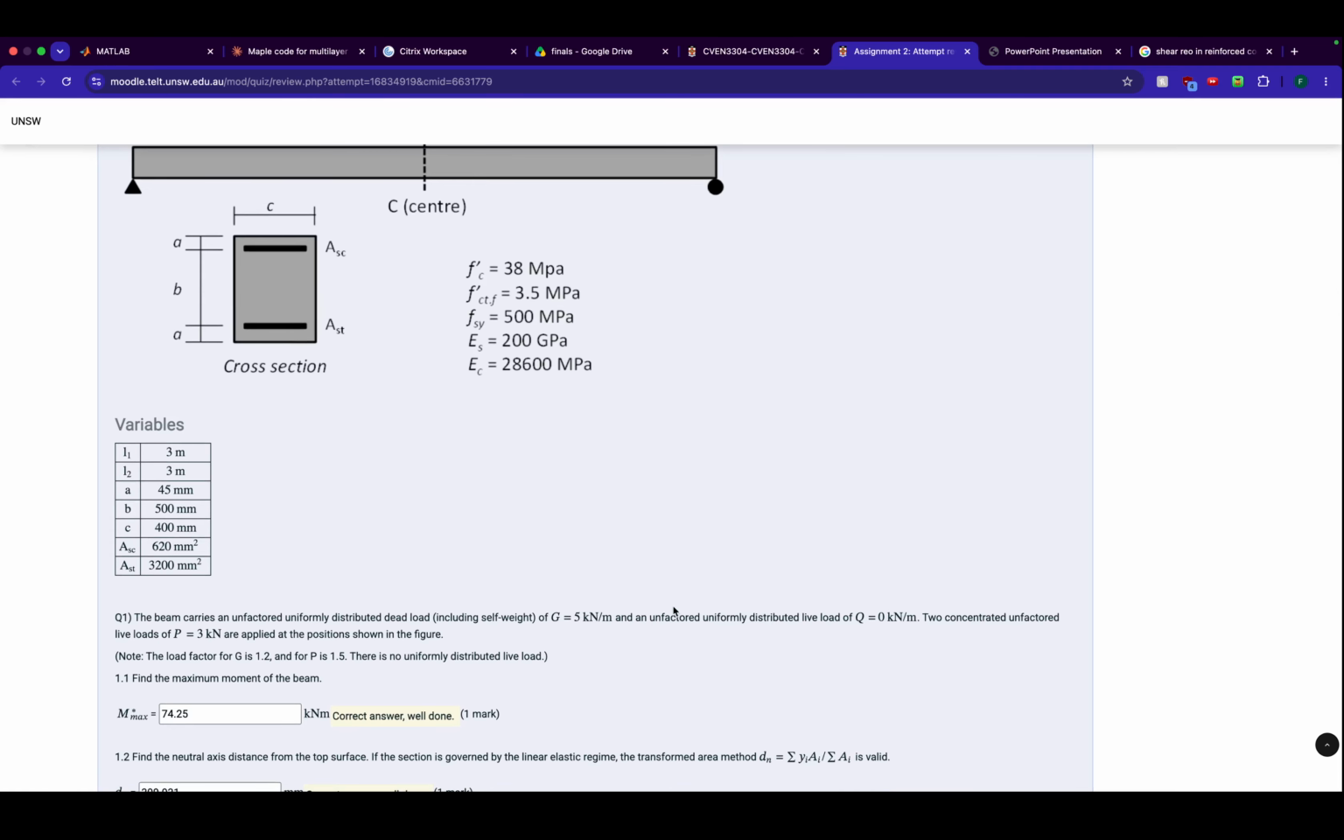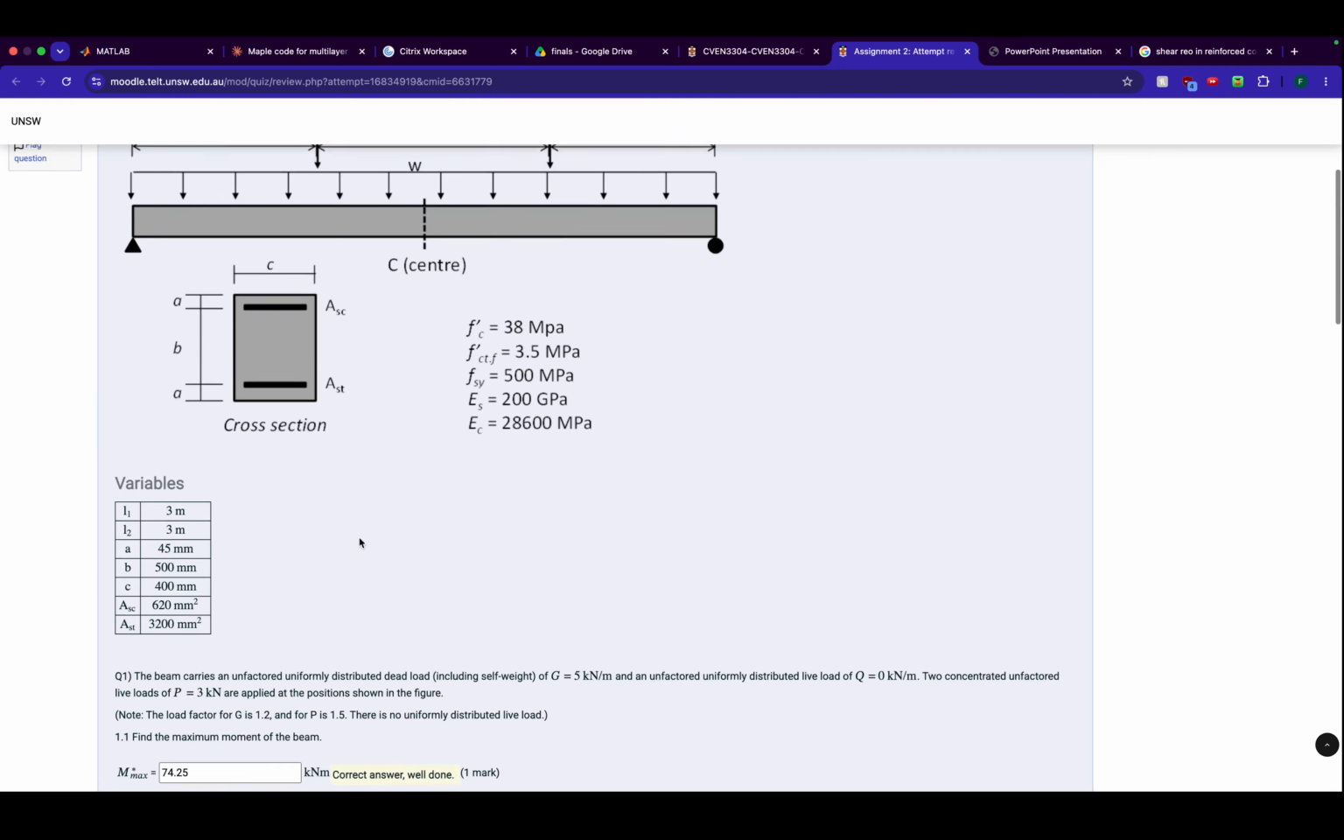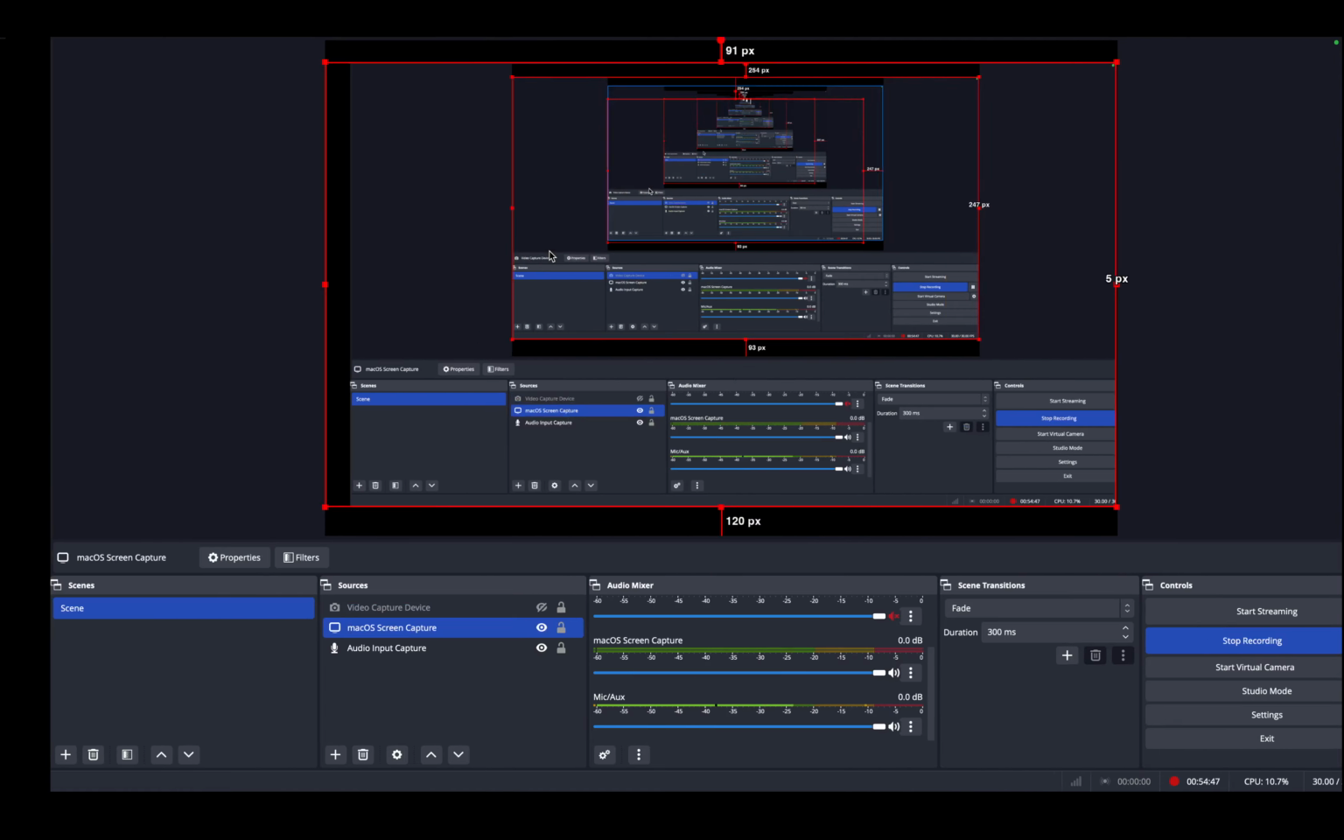Okay, you can see here that we've got G acting on the beam, and a Q that's also acting on the beam at the same time. And you've also got the live point loads, which are B and D. B and D, right? So in this example,